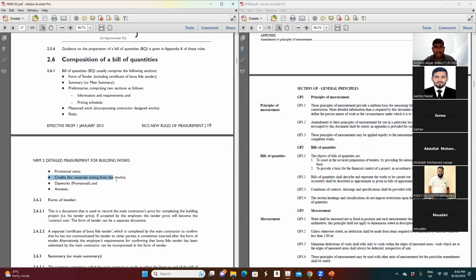And the credits, the one I mentioned about the credits. So let me explain about the credits and the day works. You all know that, for example, in the project you need to understand some rates from the contractor, rates only. That rate doesn't contribute to the total amount of the project. So you only want to get the rates. For example, for labor, how much he can charge in case of variation in the future. Because if you don't ask at the time he's pricing,